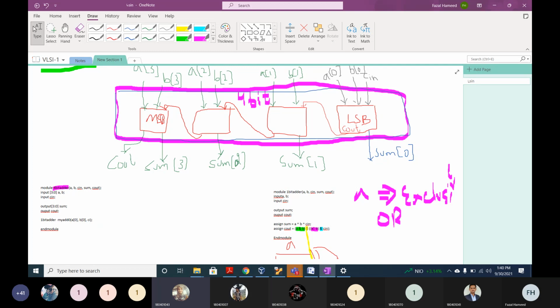C in. What should be the output now? If you look at the fourth, some one, some zero, and some zero. Very good. What about C out? There is one C out. C out goes to C in. Now you have to define some internal signal.